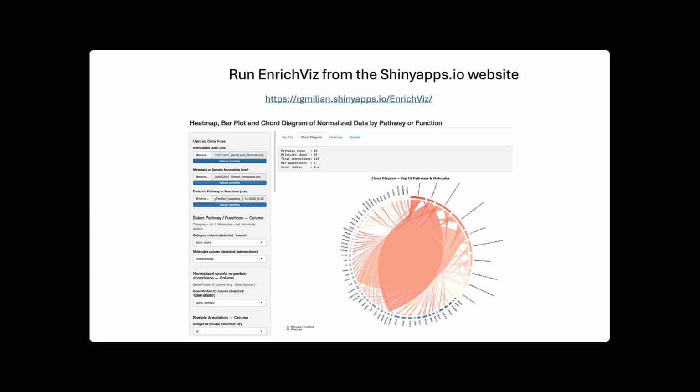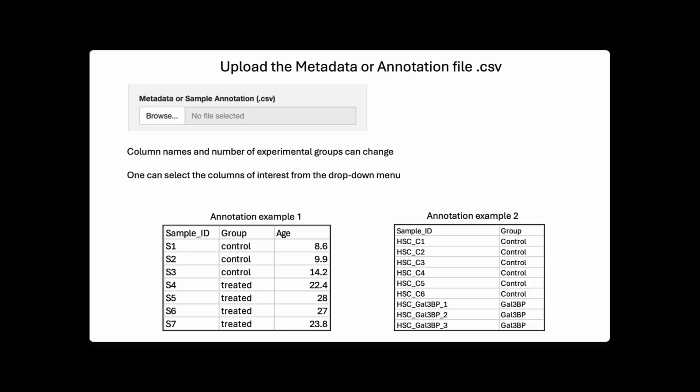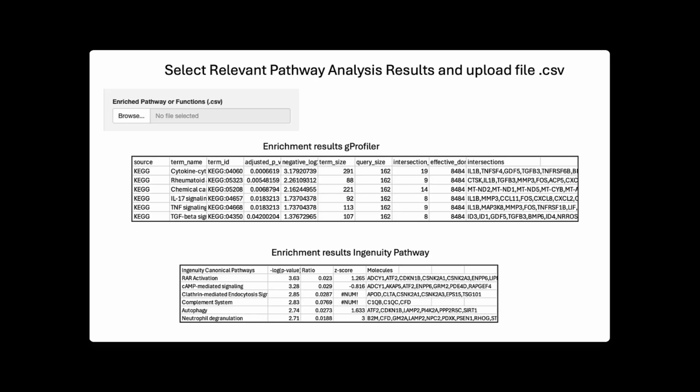Additionally, EnrichViz can be run directly from the Shiny app website following the link on the screen or the link in the description. To generate your visualizations, the app needs 3 CSV files. The first file is a normalized protein abundance or normalized transcript data. The second file is a sample annotation file or the metadata file. And the third file contains the results from the enrichment or pathway analysis, regardless of the tool you use, as long as it contains a column with pathway or function name and the molecules that overlap with those in your